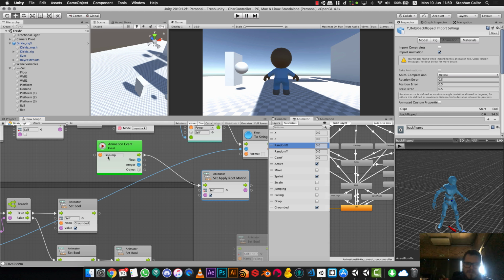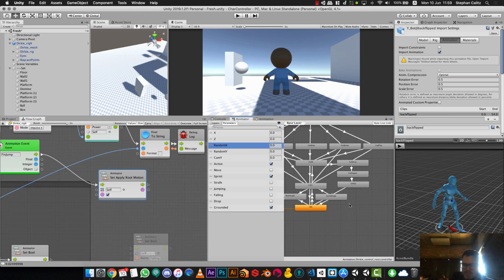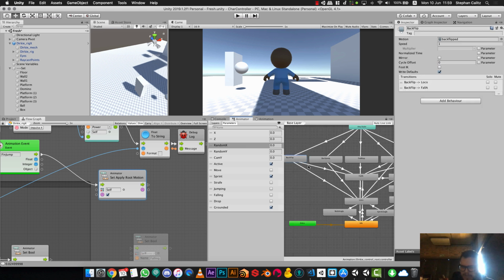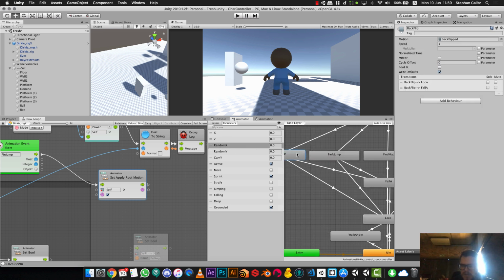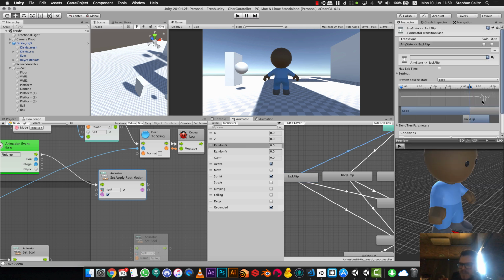So you need to have this finished jump event on some of your jump events to set the root motion back again. I've done it on the backflip. If I go into my animator over here, I can see all my jump events are from the any state over here, so they happen whenever jumping is true. The parameters are set, so